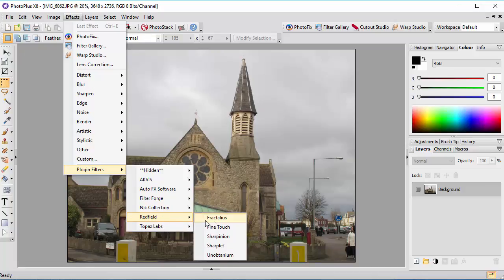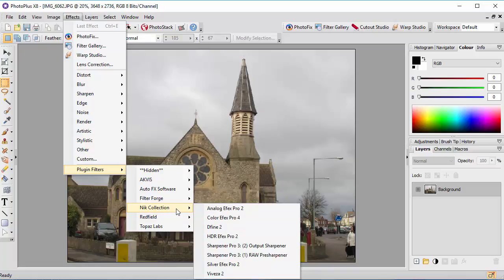Red filter, again these are all individual one-off filters, but with the Nik Collection you get 8 filters for the price of, well, because it is free, you are getting 8 filters for free, and they are very powerful filters, I think. So I would recommend that you at least try them, even if you never end up using them very often. So I'll click on the Silver Efex Pro,